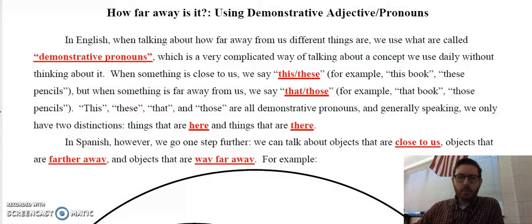In English, when talking about how far away things are from us, we use what are called demonstrative pronouns, which is a very complicated grammar-y way of talking about a concept we use daily without even thinking about it. When something is close to us, we say this or these. For example, I have this coffee mug, or I have